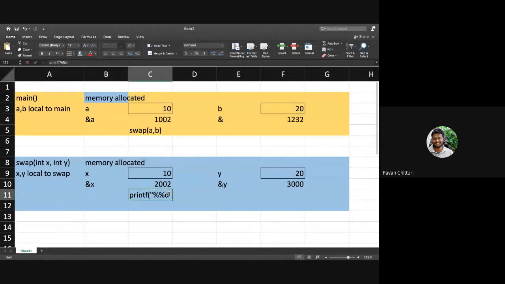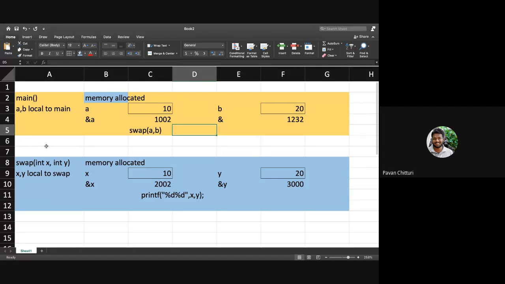So here I can print X comma Y, but I cannot carry these interchanged values back to main. I cannot carry them back.